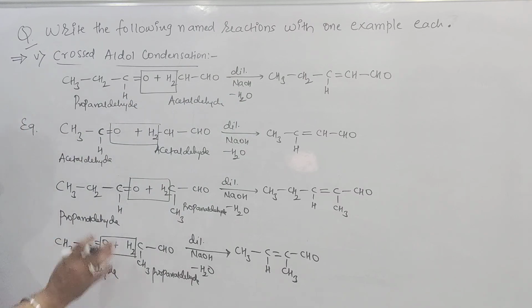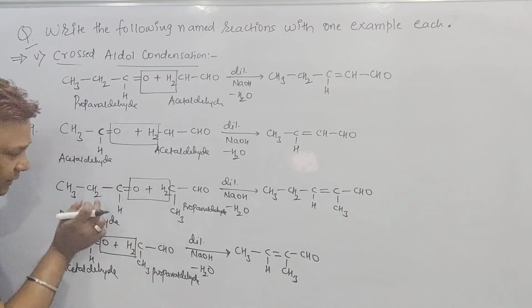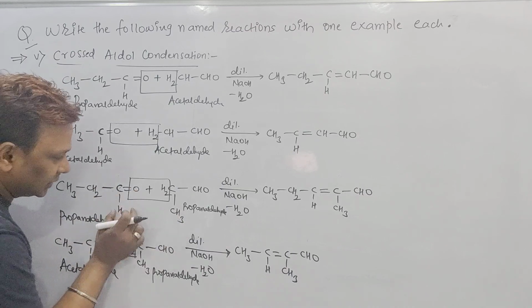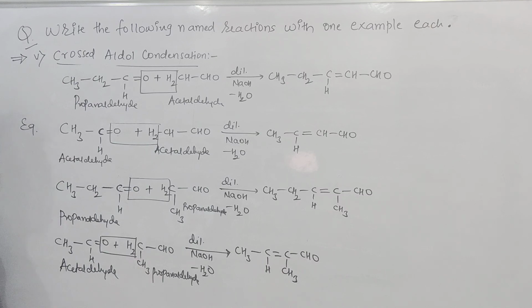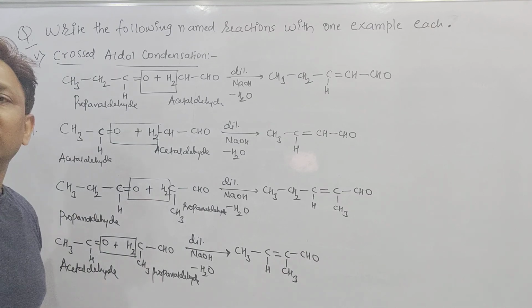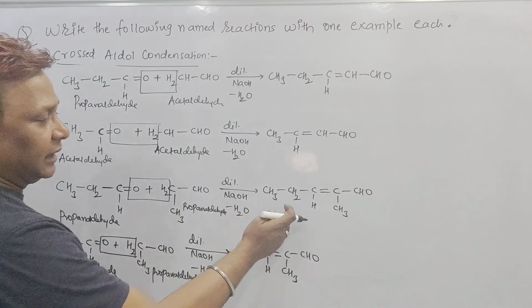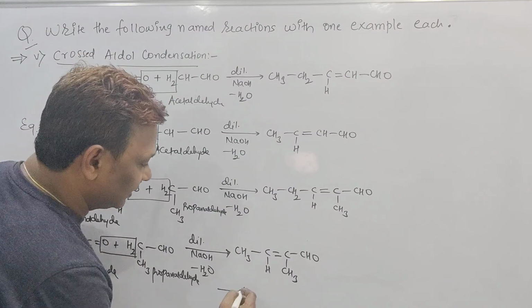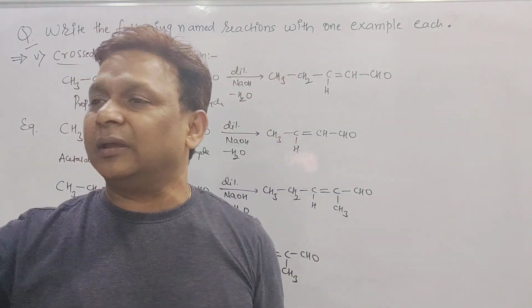But only thing is that try to understand beta how to write propanaldehyde. CH3 CH2 C double bond OH can be written as this: CH2 arrowed here, CH3 comes down, C double bond OH becomes CHO. They take out the water molecule, beta. As we took out the water molecule, we are able to get the different products here, right? So in this way, beta, in today's class, I completed one more LAQ of organic chemistry.